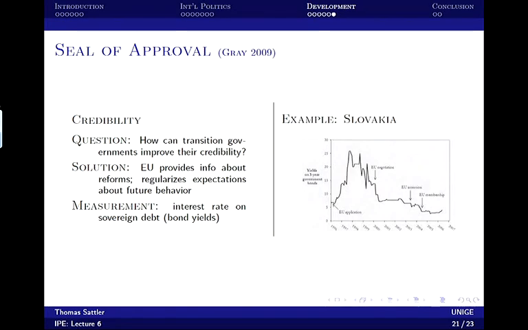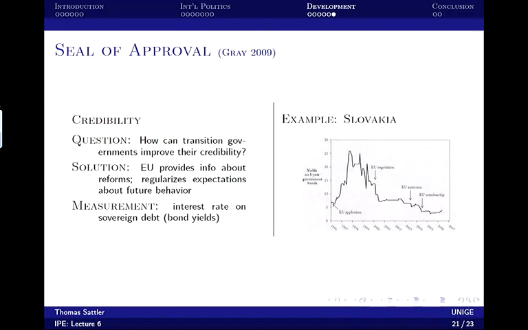So here's the result on Slovakia. Slovakia had an autocratic regime in the 1990s until 1997, and this regime was replaced by a new, democratically elected government in 1998. So this is from 1996 to 1998. Here interest rates increase over 25%. And then the new government comes in, it starts to implement economic reforms immediately, but the interest rate remains high. So it's actually not credible what they're doing. Nobody pays attention.